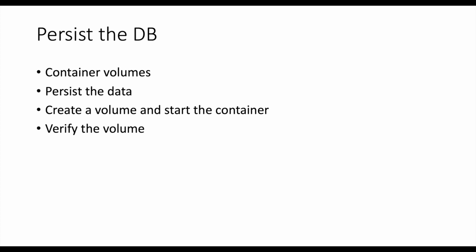In this video, I am explaining how we can persist the database. In the last videos, we observed that when we launch a new container, we can't see the previous container's values. The to-do list was empty. So how can we have the previous data once we stop and restart the container? The values should persist in the application. We need to create container volumes, and then we need to persist the data using data